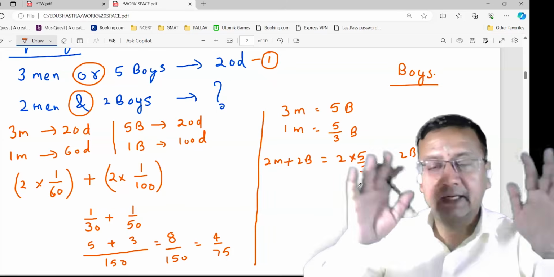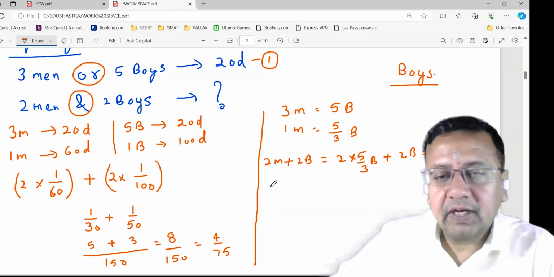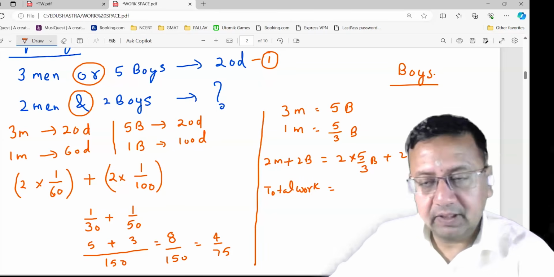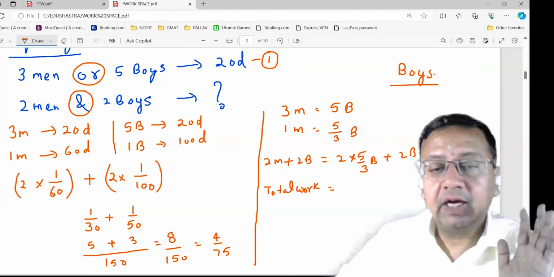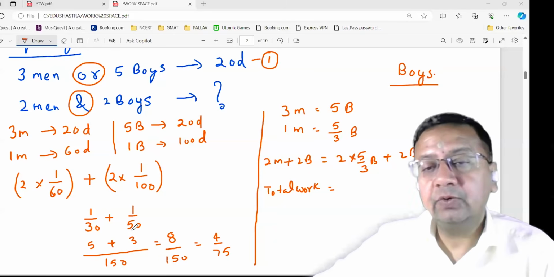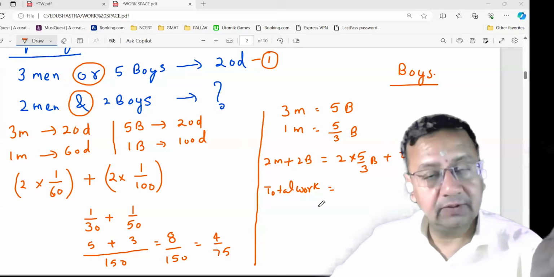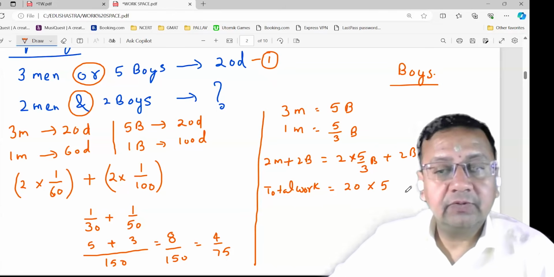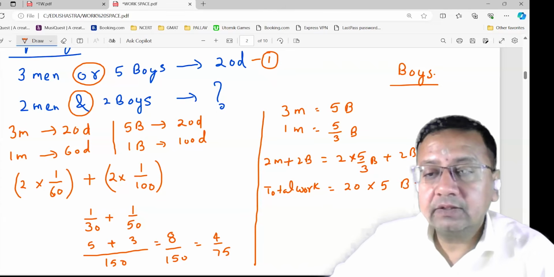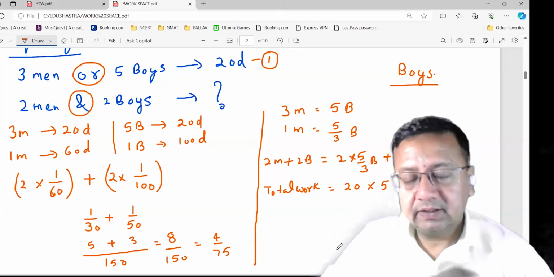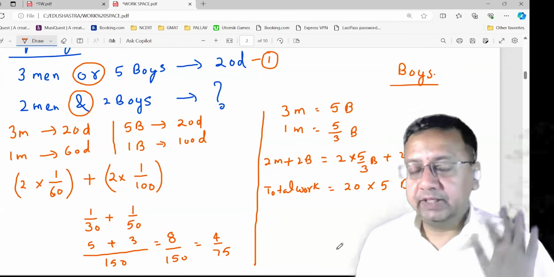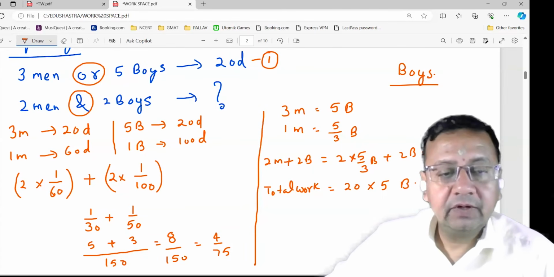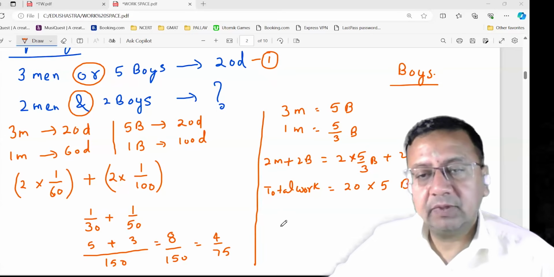नाउ बिकॉज मेरा सारा इंफॉर्मेशन बॉयज के टर्म्स में है, तो I am calculating total work. अब मेरे पास पर्सन्स तो आ गए, बॉयज, है ना? जो वर्क को कंप्लीट करेंगे वो कितने हैं, 16 by 3 ऑफ बॉयज। अब टोटल वर्क देख लेते हैं। बिकॉज डेटा बॉयज के टर्म्स में है, तो टोटल वर्क भी बॉयज के टर्म्स में होना चाहिए, है ना? 20 डेज में कंप्लीट करते हैं, और कितने बॉयज कंप्लीट करते हैं, 5। तो टोटल वर्क कितना हो गया आपका, 20 into 5 बॉयज डेज, राइट? गेटिंग दिस यूनिट? आपका टोटल वर्क 20 डेज में कंप्लीट हो रहा है, 5 बॉयज कंप्लीट कर रहे हैं, है ना? तो आपका टोटल वर्क 20 into 5 बॉयज डेज। डन।